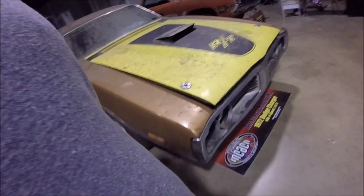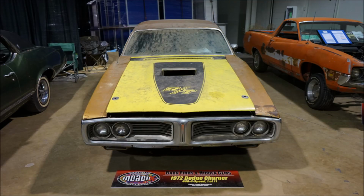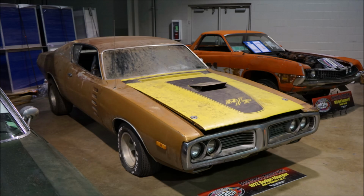The owner plans to get this car put back together here in short order. Unfortunately, he has other vehicles in the docket, but you can see this and more in an upcoming issue of